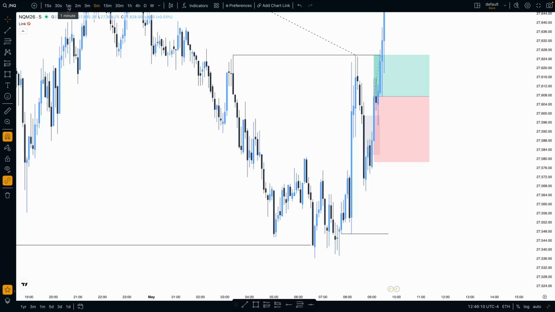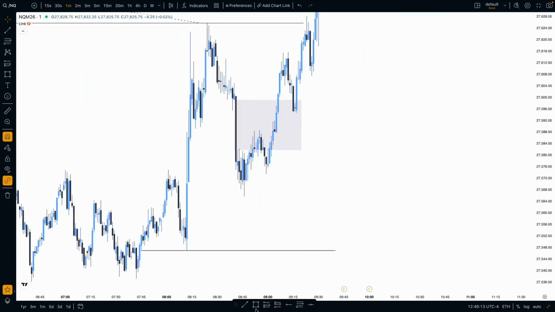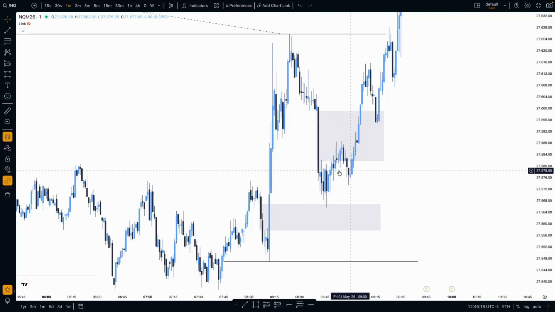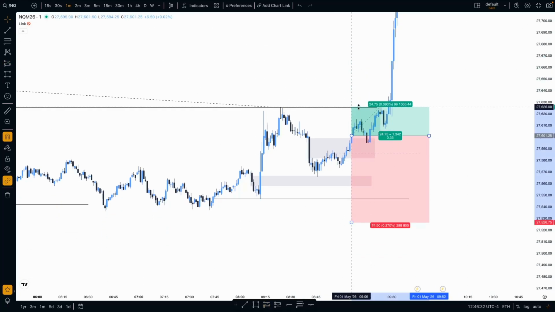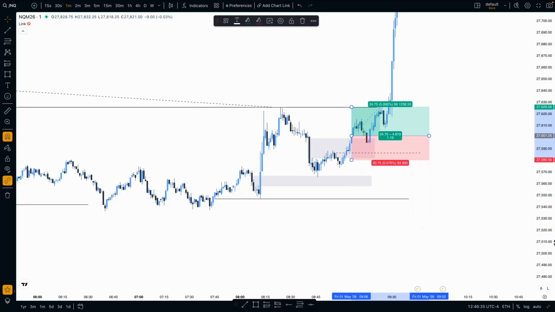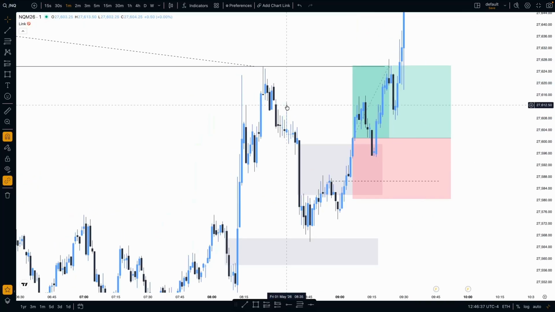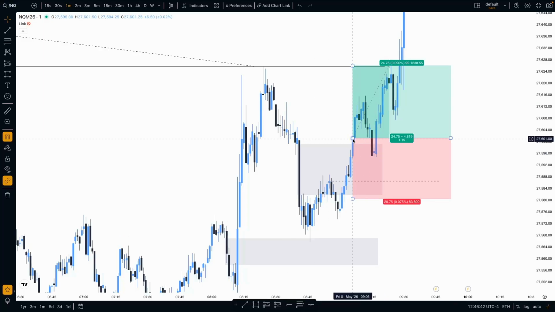The main lesson that we have to learn here is that we delivered from this V-shape BPR to the upside. We created another block and we inversed this 1 minute with a lot of momentum. So usually this doesn't fail. This just shows that we want to go to the upside, and this shows that our draw on liquidity is really this, and we are quite right. I ended up not taking this because I wanted the 3 to inverse and the 5 to inverse, and the lesson to be learned is that we should take this 1 minute because with all this momentum in other blocks,